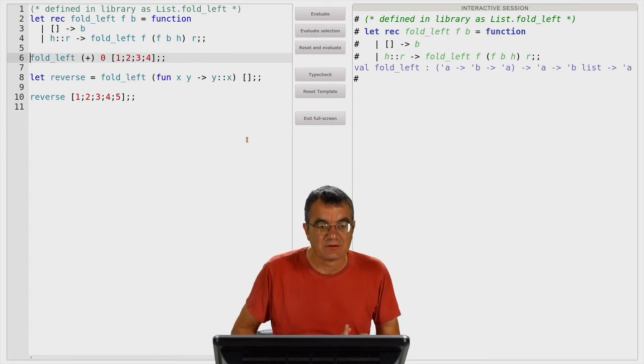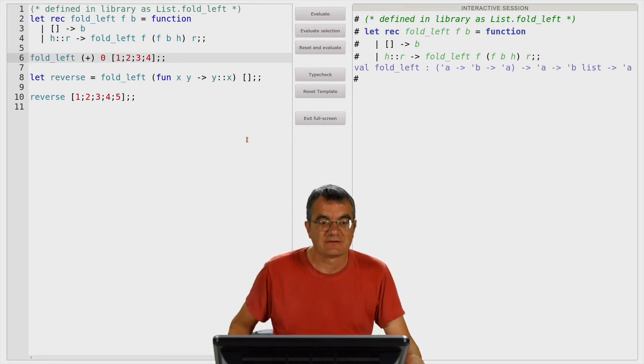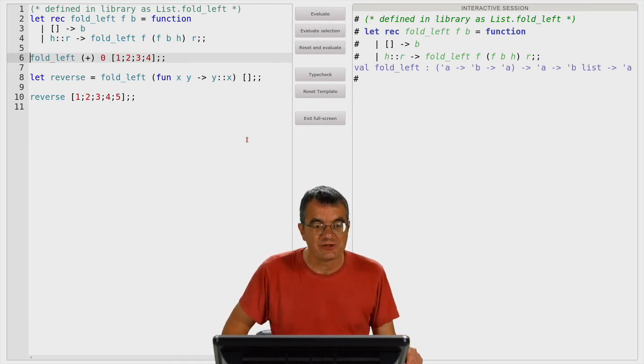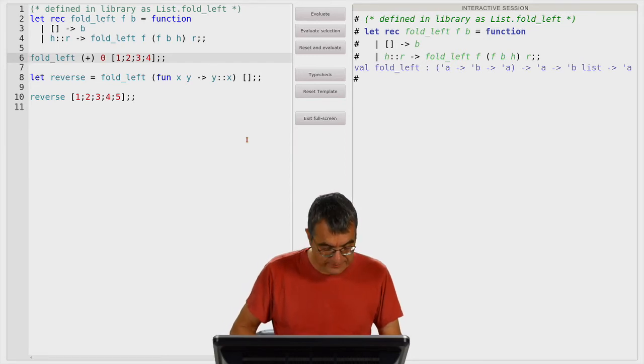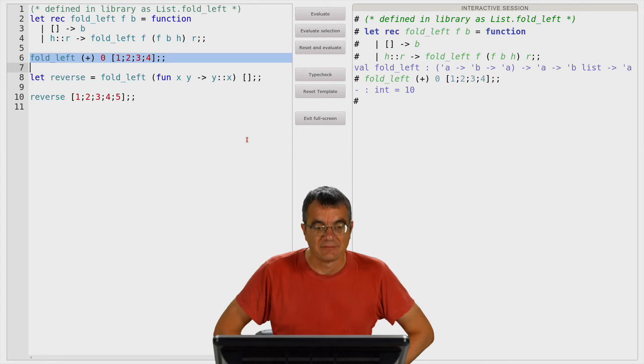This is in fact in order to resemble the computation trees which I have shown to you on the previous slides for fold right and for fold left. So for fold left it has to be in this sense: first the binary operation, then the value which corresponds to the result of the empty list, and finally the list. So when we pass this to the top level, we obtain again the sum of the elements of the list